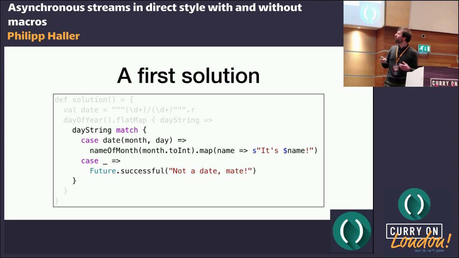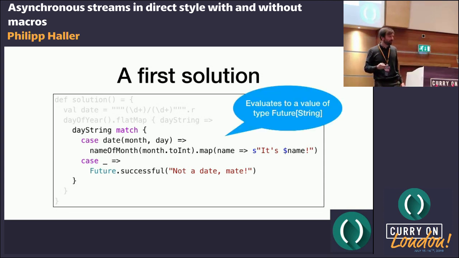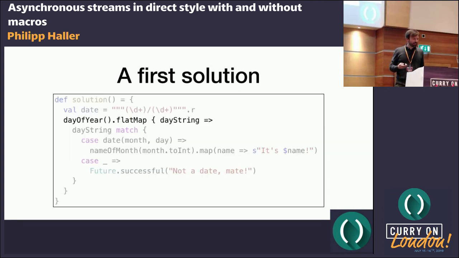We see that in this whole expression we're just matching a string. I hope people are not tripped up with Scala syntax. I'm actually trying to use very minimal Scala syntax in this talk, but it's really just matching the string against, in this case, a regular expression. But Scala has very nice support for regular expressions, by the way. So if you haven't used that, you should look into this. But we're just matching against a regex, and we can extract month and day and so on. But this whole thing, of course, evaluates to a future of string. Great. Now let's get to flat map, right?